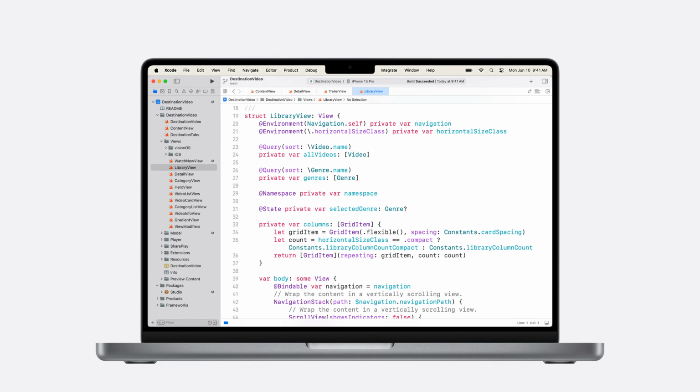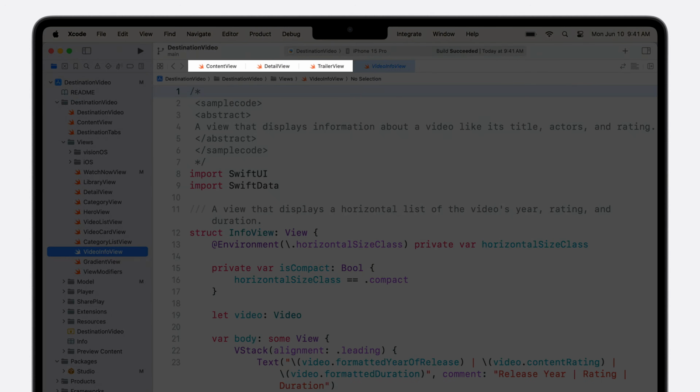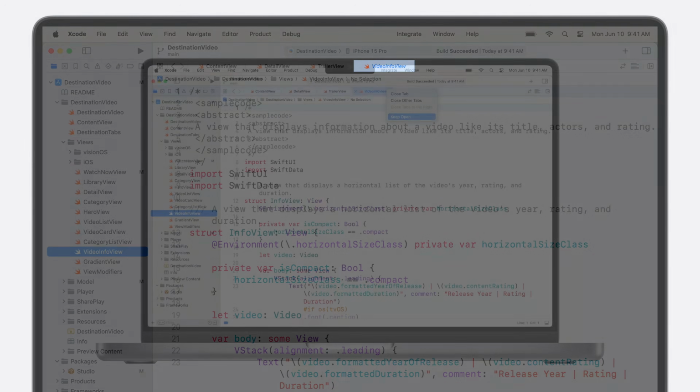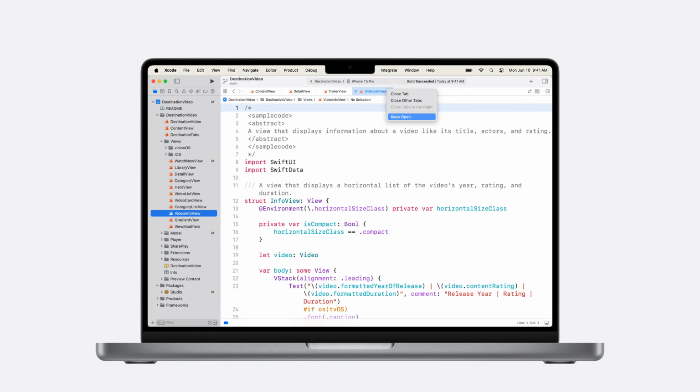Why is that? Turns out, Xcode has 2 types of tabs. There are permanent tabs for the documents I've shown explicit interest in, like editing code. Then there's an implicit tab that Xcode creates for files I've only passed through. It disappears when I exit the file. You can tell the implicit tab from the others because of its italicized title. If you'd like to make a tab permanent without editing it, you can choose Keep Open from the context menu or double-click on the tab.